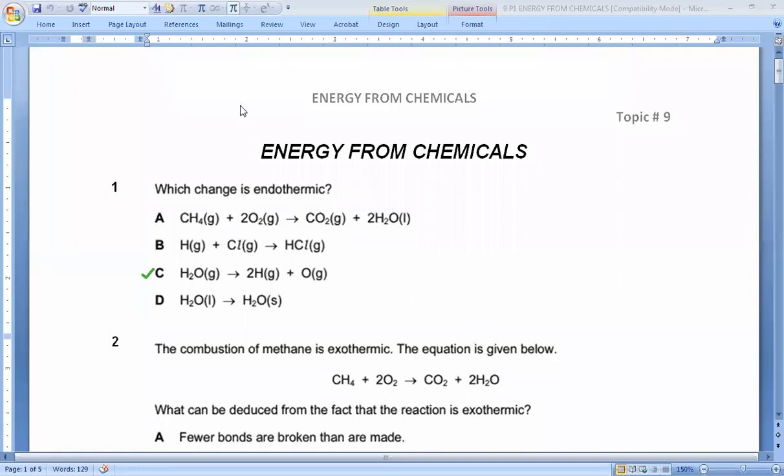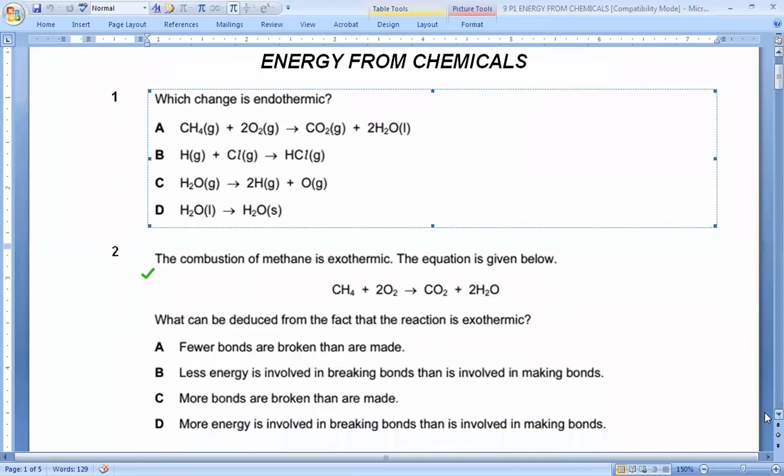Now we have to proceed to question number 2. The combustion of methane is an exothermic reaction. The equation is given below. What can be deduced from the fact that the reaction is exothermic? Option B is correct for this question. The reason behind it: